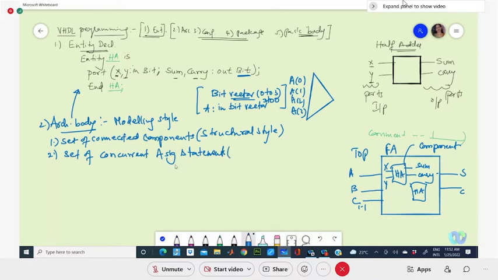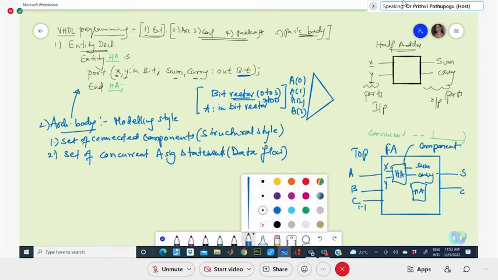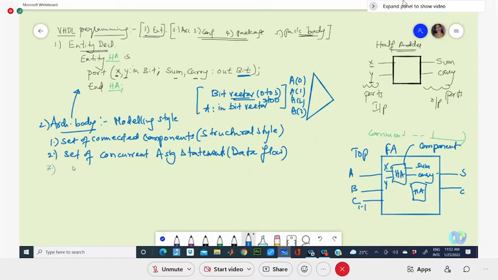Concurrent statements means this is the data flow style. Or else it can be a set of sequential assignment statements. That means this is the behavior style of modeling. So actually, any one style of modeling you can easily take.